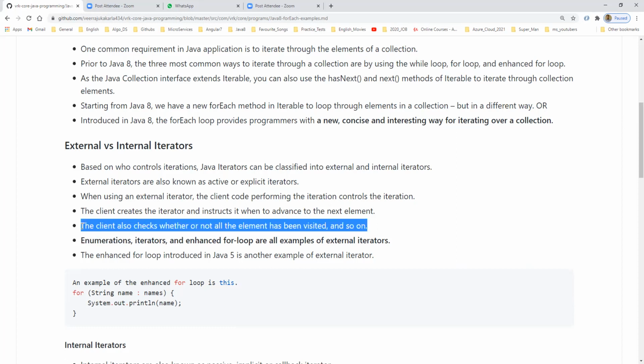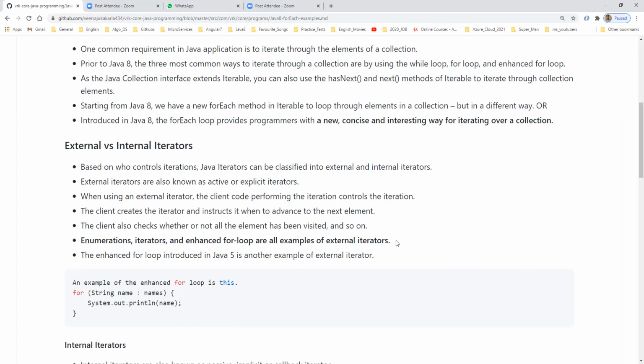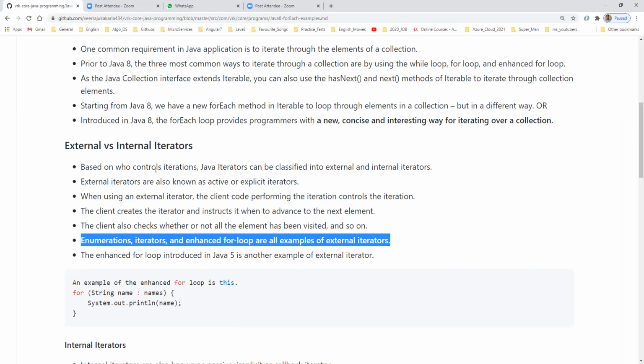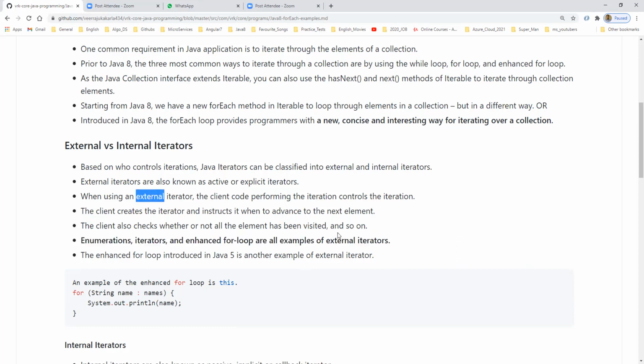Based on the conditions, with an external iterator we can check the elements as we move to the next level. Enumeration, iterators and the enhanced for loop are examples of external iterators. Whatever we had before Java 8, such as Enumeration, Iterator, the enhanced for loop, while loop and for loop, all these loops we can call external iterations, using which we can easily manipulate data while traversing the collection.